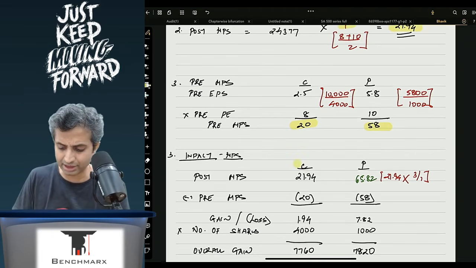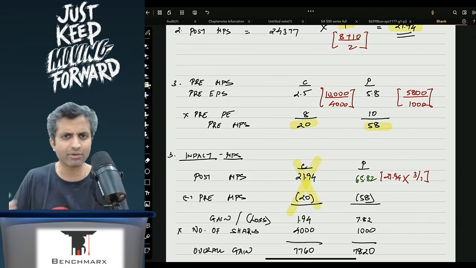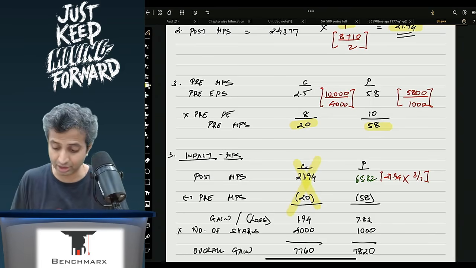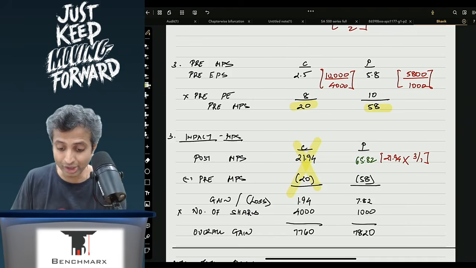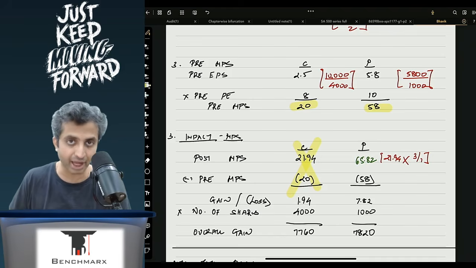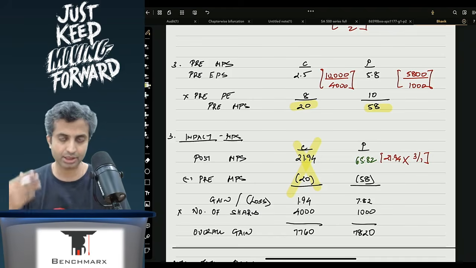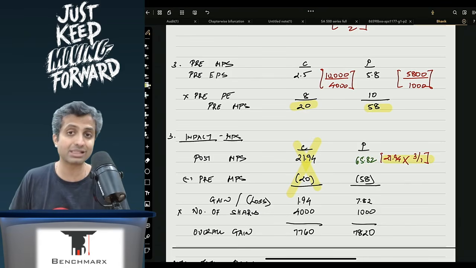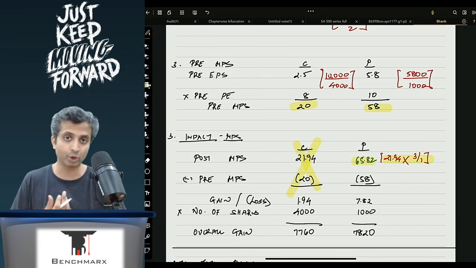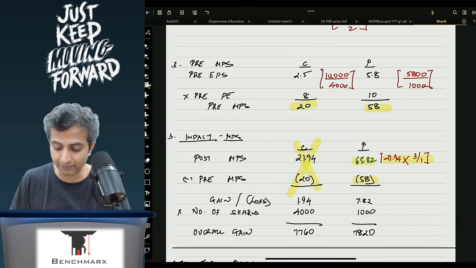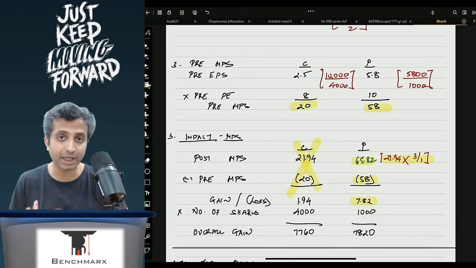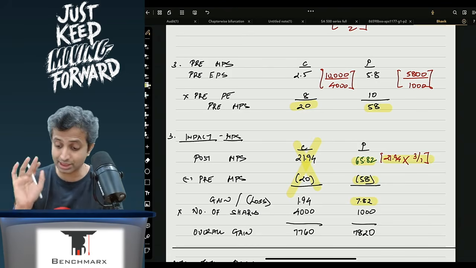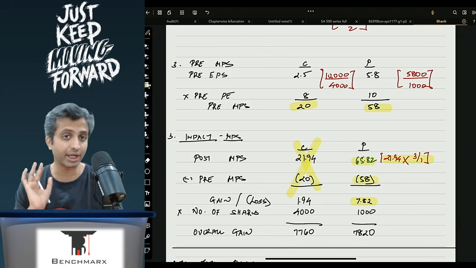So this is for C, this is extra, they have not even asked you this, but 21.94 minus 20, this is 1.94 gain, just for your understanding. Now one shareholder of P will effectively have 3 shares post the transaction, and hence 21.94 on a per share basis into 3 will come to around 65.82. Compare it with 58, and then 7.82 will be the gain on a per share basis, and if you multiply by the number of shares, that will be the totality basis. The Institute ends over here at 7.82.